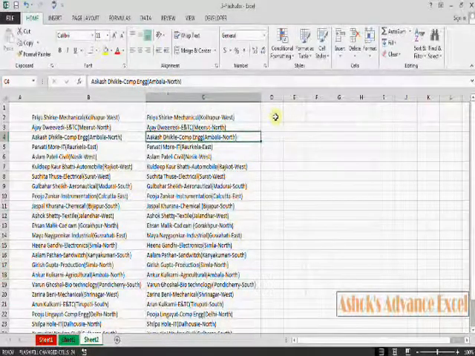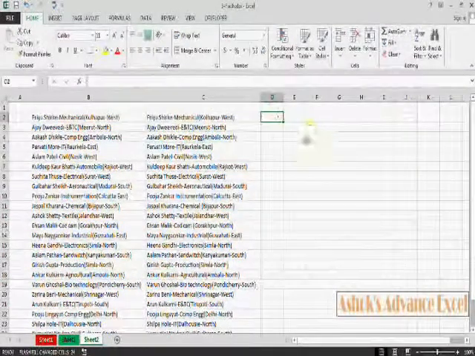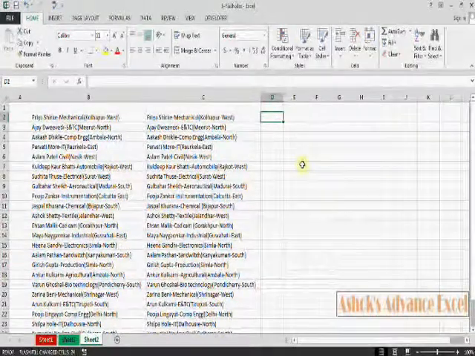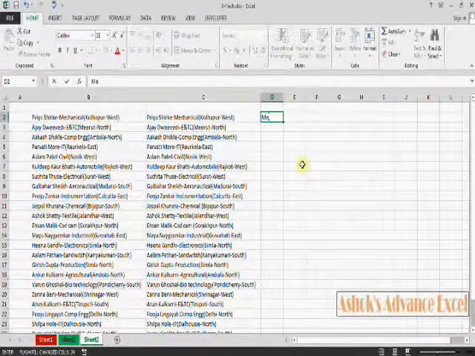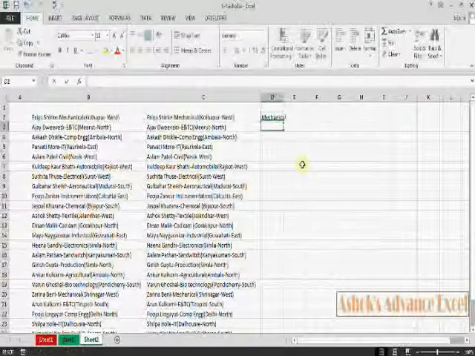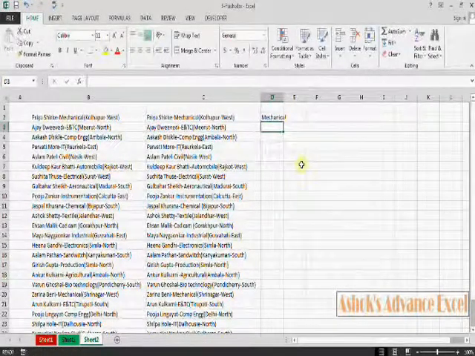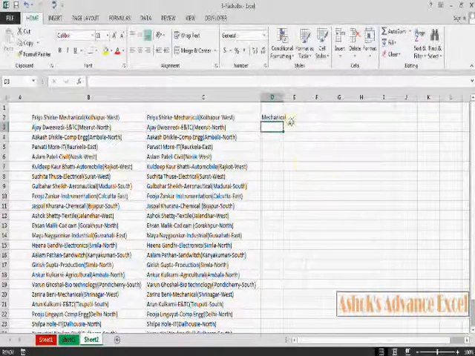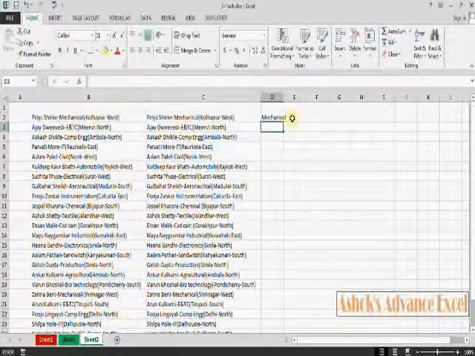Now in the next cell just type mechanical. Press enter and in the next column start typing ENTC.